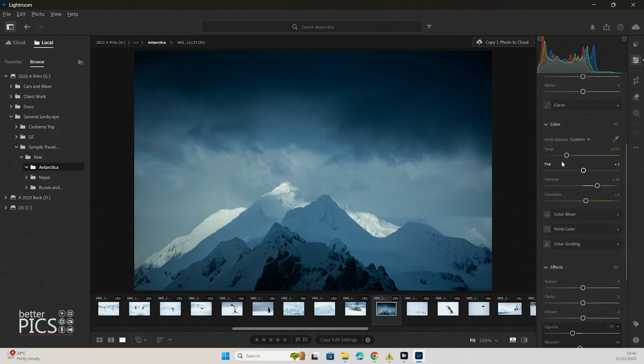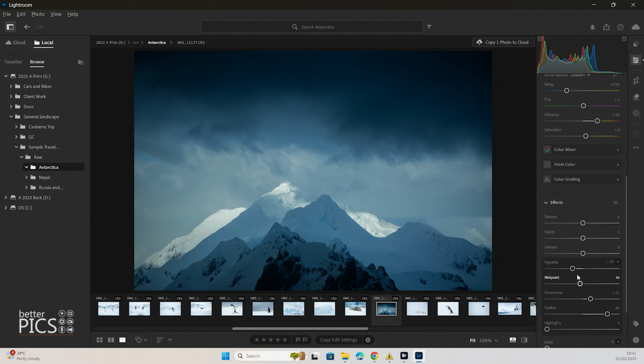Looking at the temperature and tint, so making sure that we're color correcting this image so that it is a better representation of real life. And then vibrance and saturation so that we can look at the intensity of the color. Again, bringing back that color intensity that we didn't capture initially in the original file due to those flatter color profiles. All right, and lastly, the effects, looking at vignette, just slightly darkening the outside of the image to contain people's view